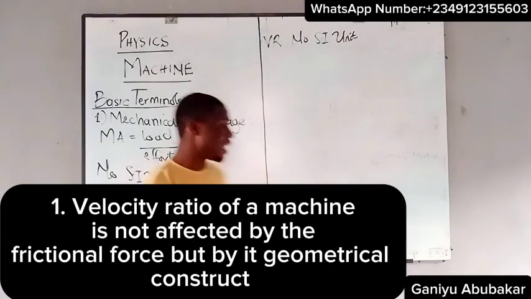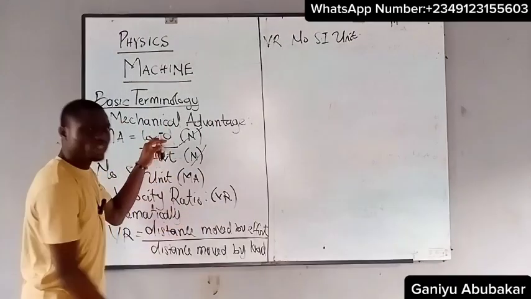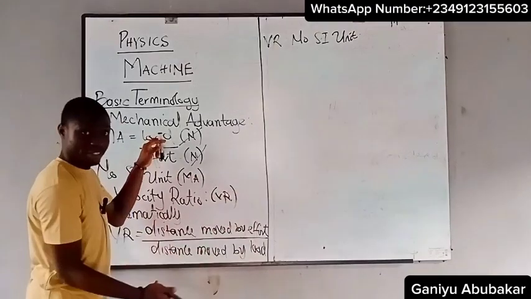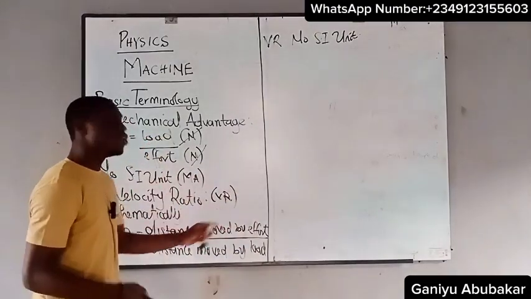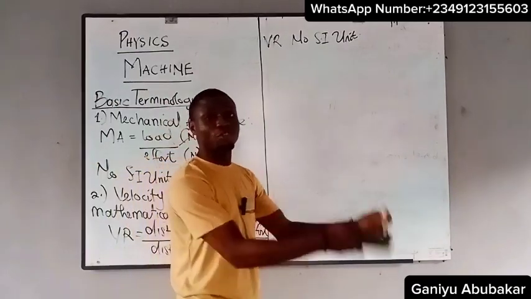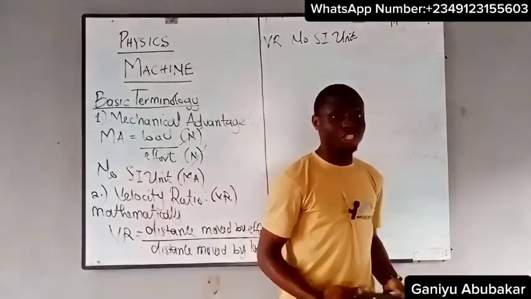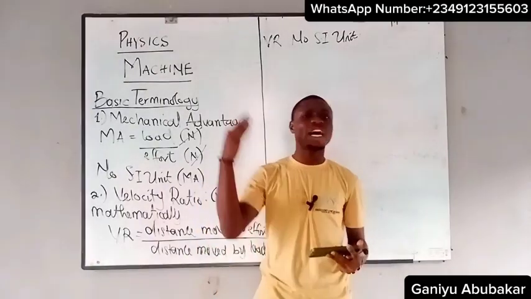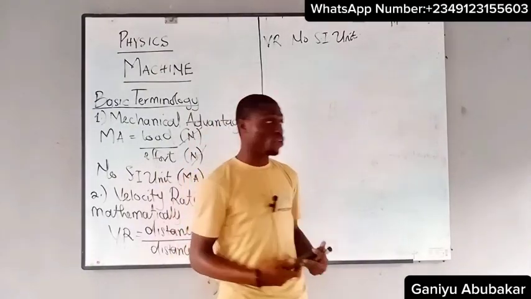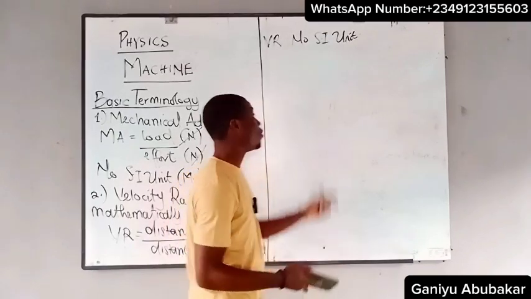So when it comes to mechanical advantage, it depends on the friction that takes part in the machine, right? But when it comes to velocity ratio, it does not depend on frictional force. Rather, it depends on the geometrical construct. That becomes the first concept you need to note in the concept of velocity